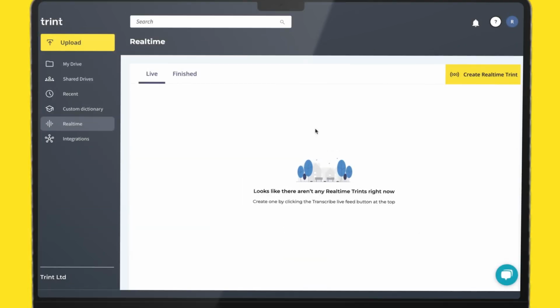Trint Enterprise customers also have access to real-time, a feature that allows you to transcribe broadcasted streams live and give colleagues access to editable text in as fast as 3 seconds. To create a real-time Trint, first select the Real-Time tab down the left-hand navigation bar of your dashboard and click